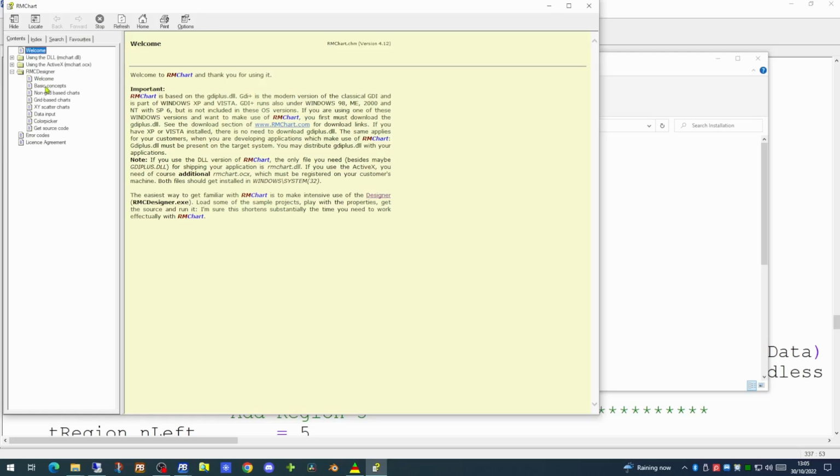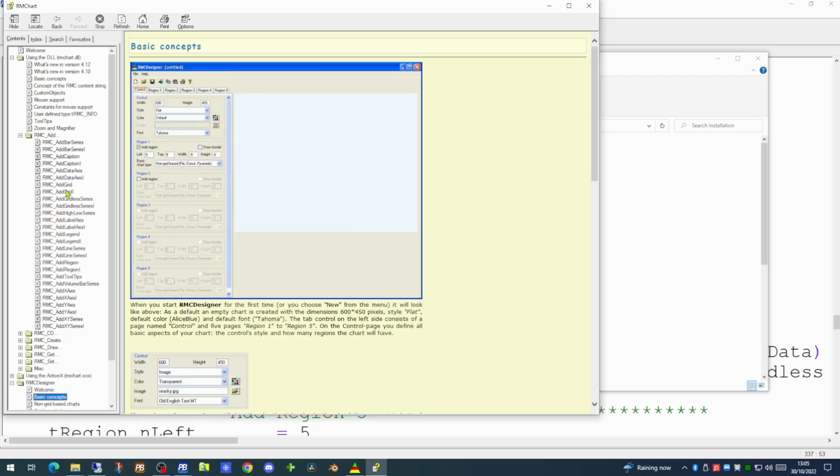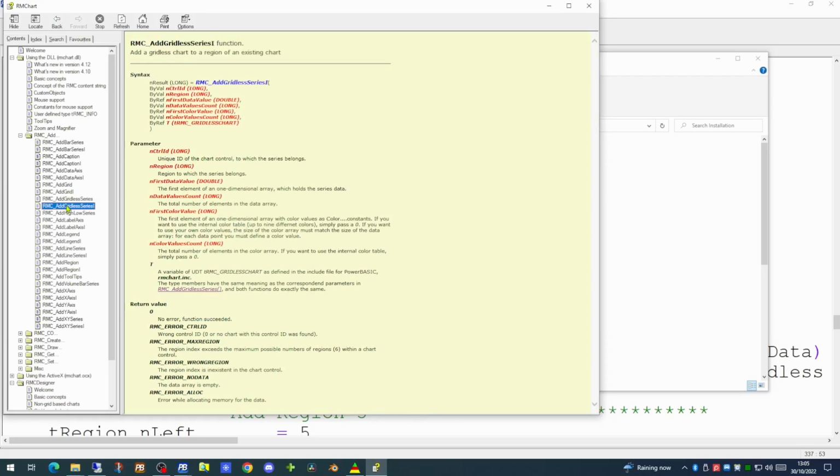It covers the designer and the basic concepts of how the designer works. It covers using the DLL, which we're currently using, and a number of different functions, and details of their parameters. When you want to expand on the functionality provided by the designer and add these functions elsewhere in your code, this is the first place to go and look to see how these functions actually work.